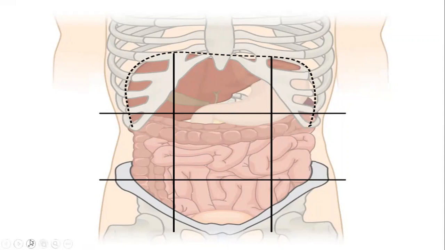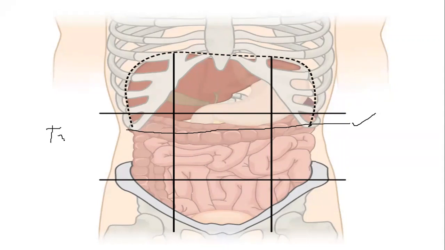So the subcostal plane will be somewhere here. So the subcostal plane is lying anteriorly just below the 10th rib or the 10th costal cartilage, and it is tracing back at the level of the